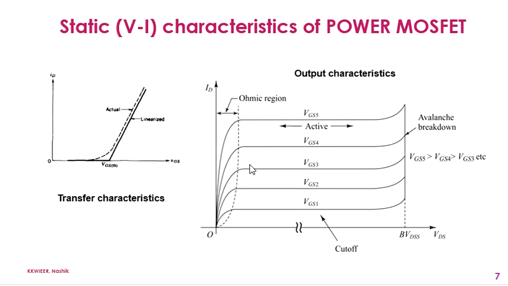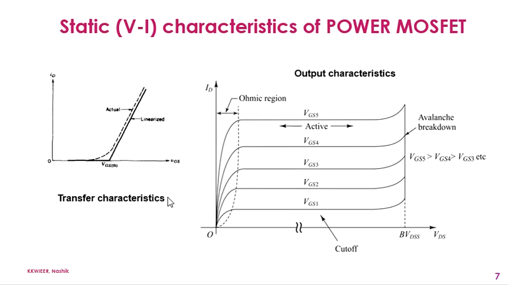When the forward voltage applied to the MOSFET exceeds the breakdown voltage, that is BVDSS, avalanche breakdown will occur, and operation above this breakdown voltage must be avoided. And the last point is that for the VI characteristic of power MOSFET, second breakdown does not exist. So this is all about the static or VI characteristic of power MOSFET.